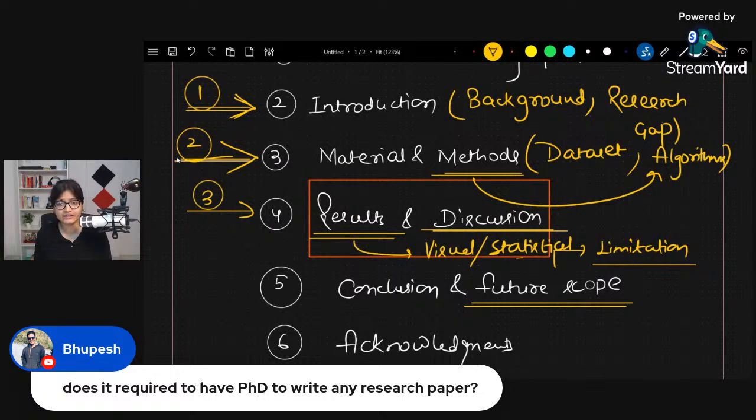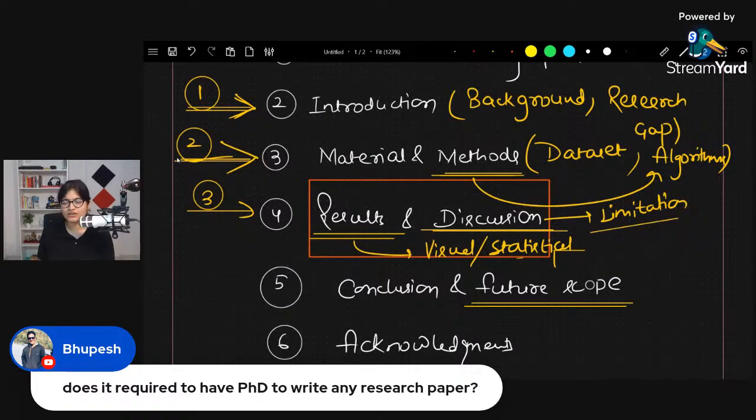After that, we will talk about discussion. In the discussion section, we usually talk about the limitations you faced while writing the research paper. Let's say you are using a data set of very big size. So the limitation can be that it requires a huge amount of resources in terms of GPUs, and you can talk about that. The discussion is not that mandatory, but results are very important, where you have to show visually what the key things you are representing are, and what the meaning of that is, right?